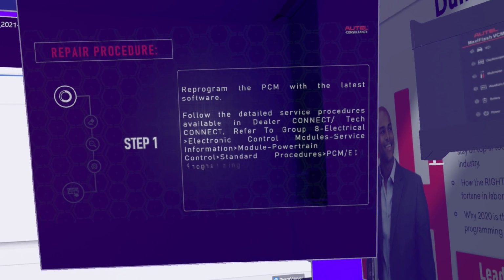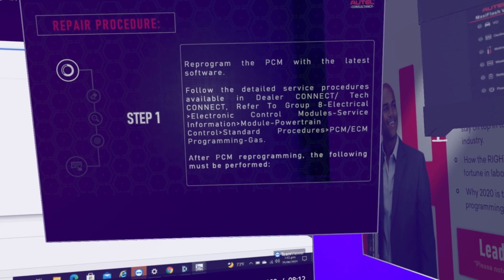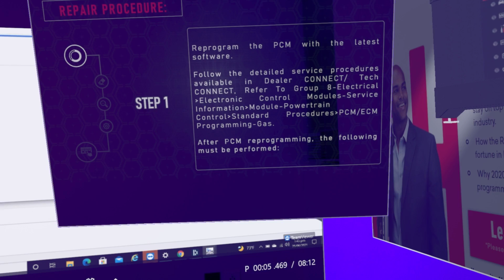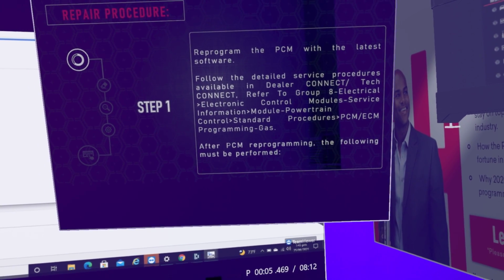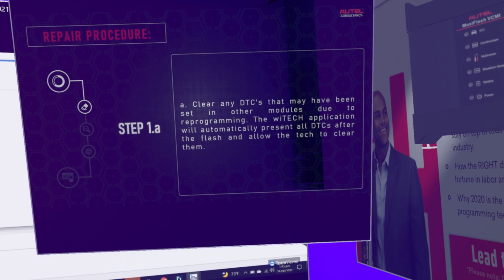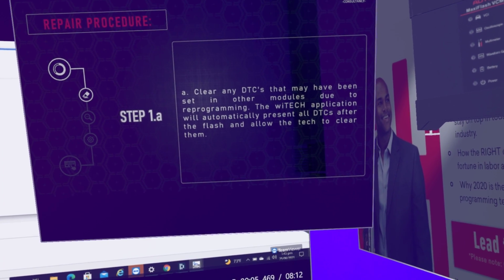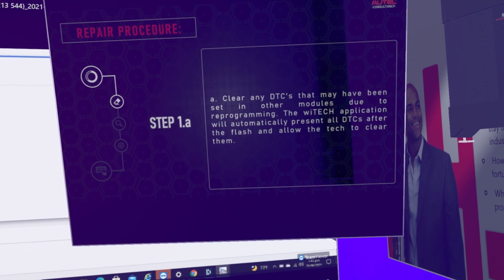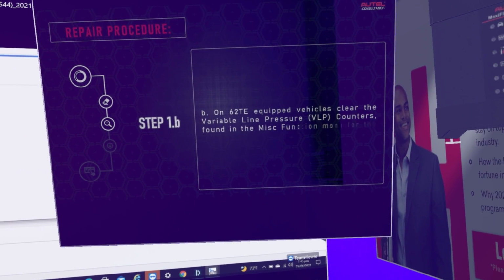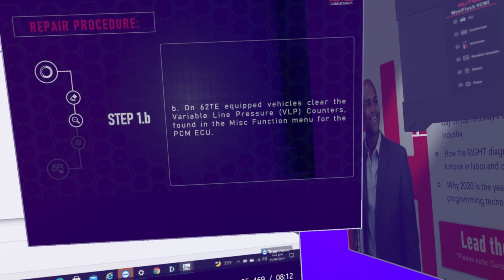Step 1, reprogram the PCM to the latest software. Follow the detailed service procedure. So this is giving us the function route. Then after you program it, after PCM reprogramming, the following must be performed. We need to clear the DTCs that may have been set in the modules due to reprogramming with the wiTECH application. And then the next step, step 1.B, on the 62E equipped vehicles, clear the variable line pressure counters found